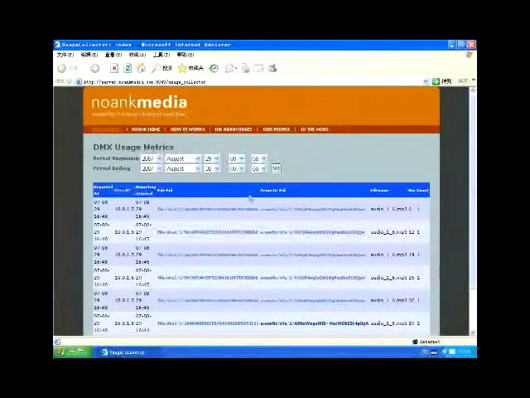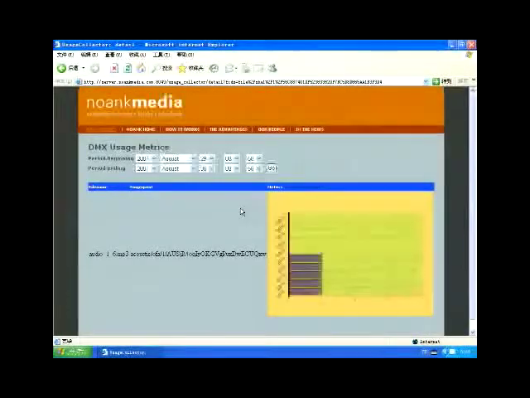The reason we collect this usage information is because, according to our business model, we collect a large pool of revenue which we split up among content owners. And we have to know how to split that up. We have to know whose content is most popular in a given period of time. And the best way to tell that is to collect very detailed usage data.